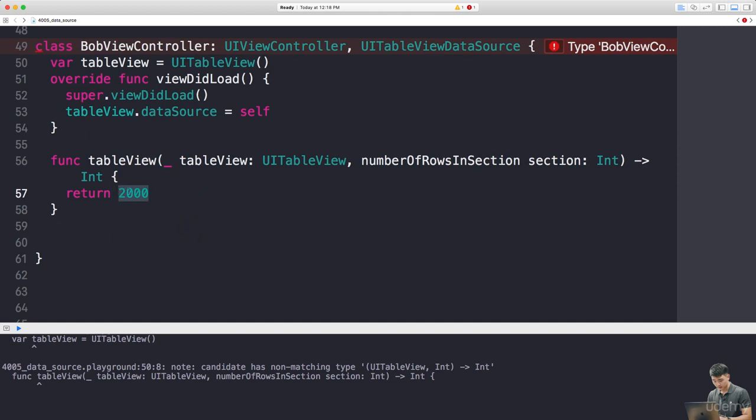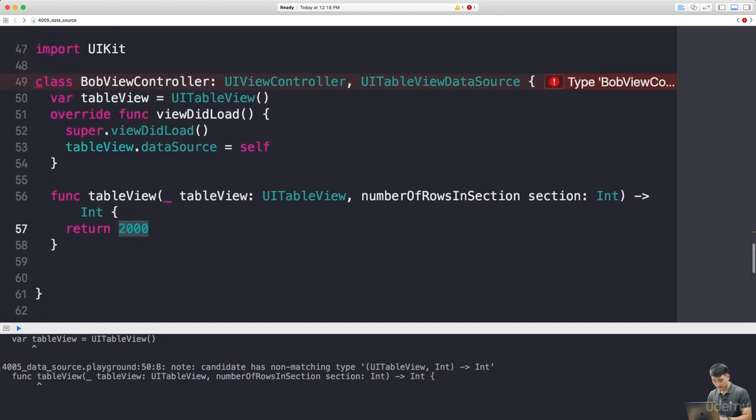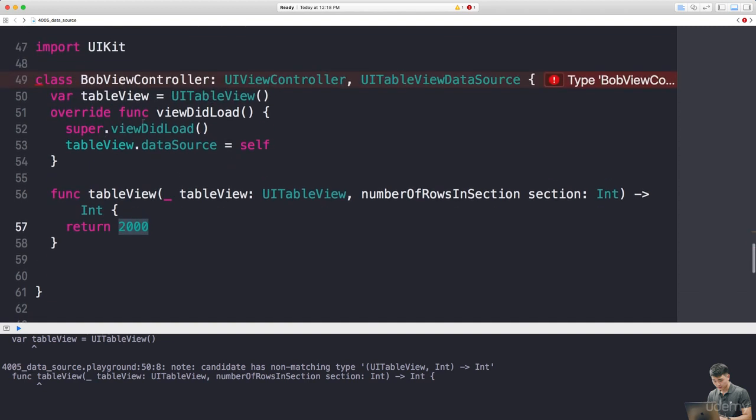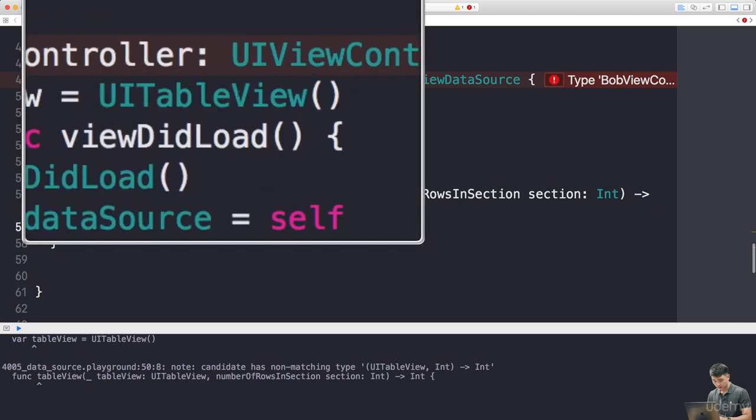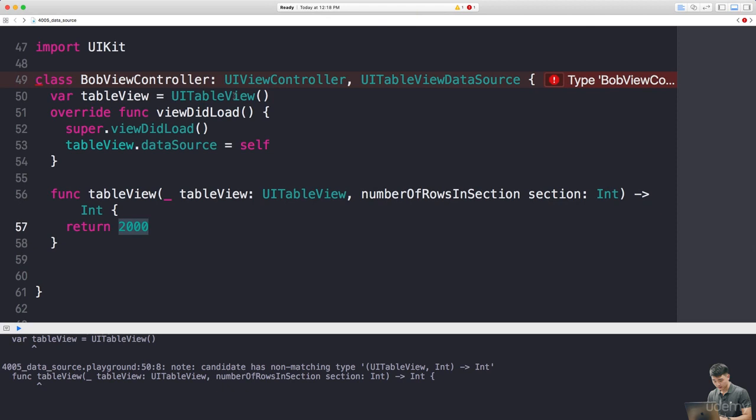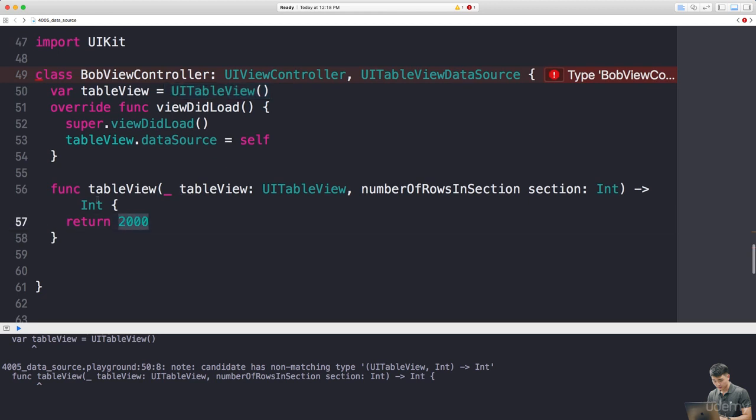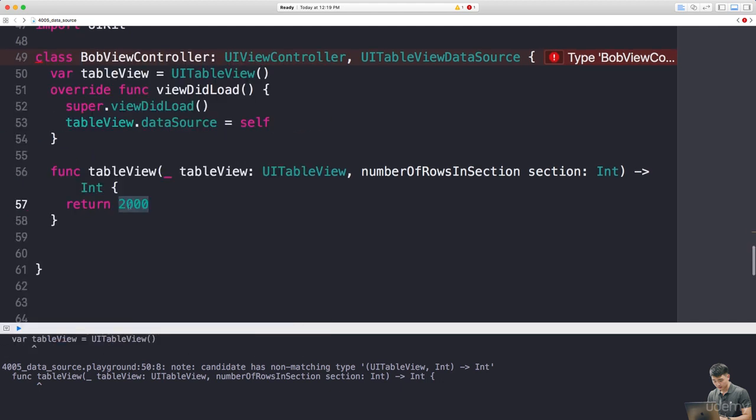So this 2000 value is used within the table view. The table view definitely contains a lot of properties and methods, and it takes that 2000 and works with it. It does a lot of its own implementation. I don't exactly know, because UIKit is not open source. We have no control over it. But what I can tell you is the view controller returns 2000, and the table view takes that 2000 value